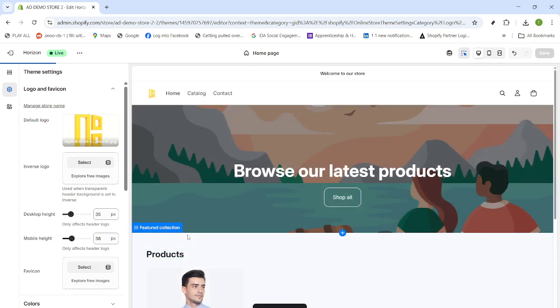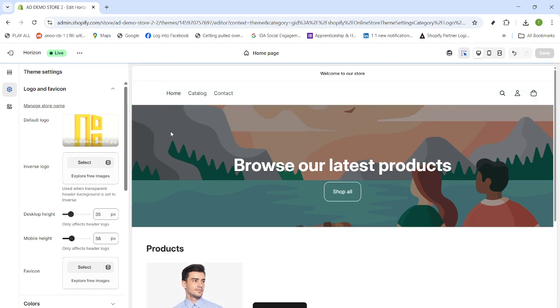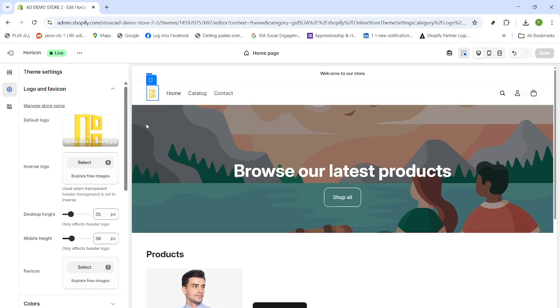That's it. You uploaded your logo, selected it, adjusted the width for the best fit, previewed on different devices, and saved your changes. Your brand should now look crisp and consistent across